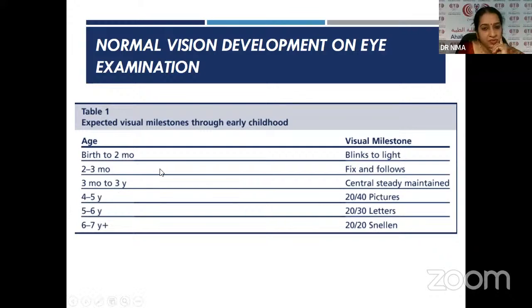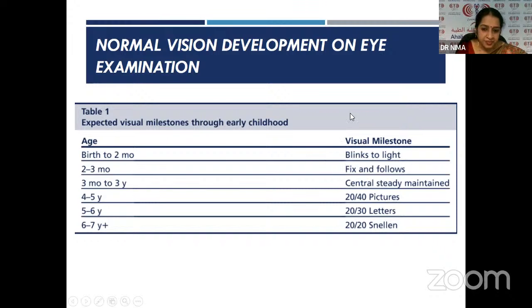So what we do on examination of the kid is, up to 2 months, we will just examine the child, and the main thing we assess is whether the child is blinking to the light. By 2 to 3 months, as I have already told, the child fixes and follows the light. From 3 months to 3 years, they develop a central, steady and maintained vision. After 3 years, that is around 4 to 5 years, we can easily assess the vision by the letter chart and the picture chart. Actually, we do it with the picture chart, and we can have a rough assessment of the vision. Before that, also, we can assess the vision by our auto refraction and dilatation testing.